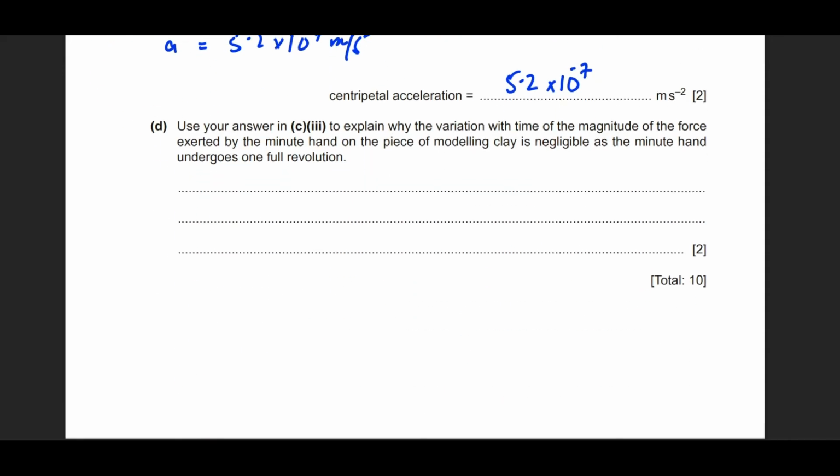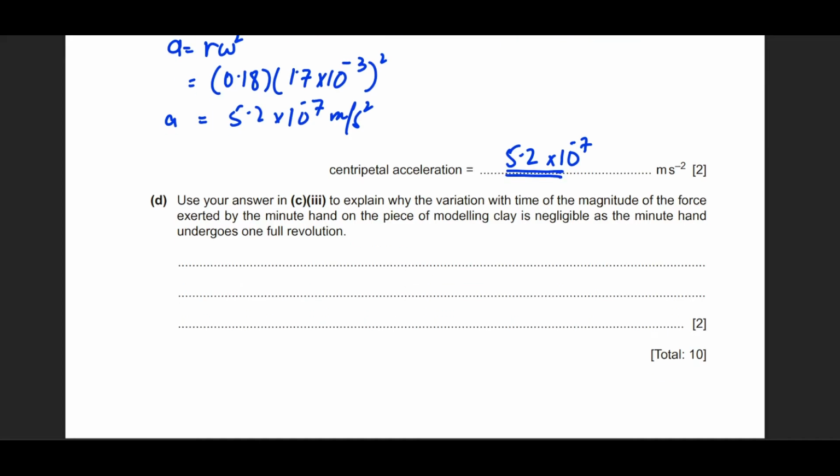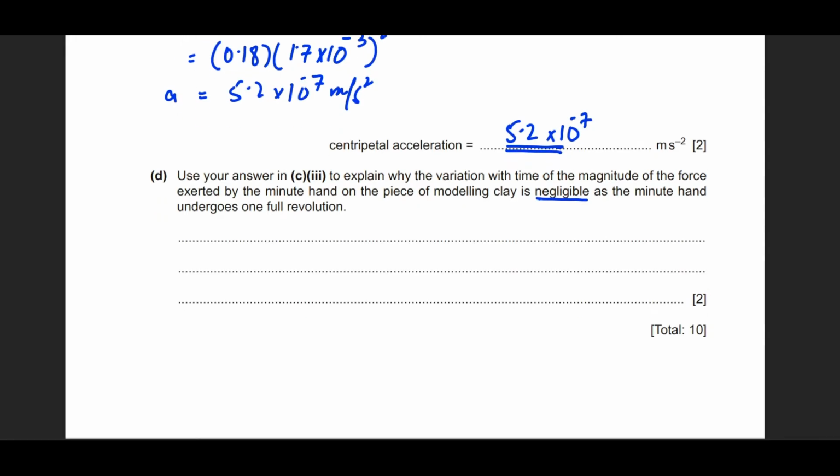Use the expression in C3. What have we done in C3? Okay, so use your answer in C3, which is this one. Explain why the variation with time of the magnitude of the force exerted by the minute hand on the piece of molten clay is negligible as the minute hand goes through the full rotation. Basically what he's trying to imply is that, for example, if there was an object or the merry-go-round